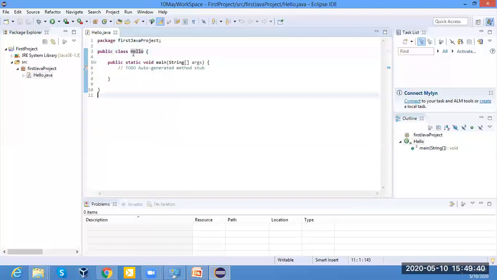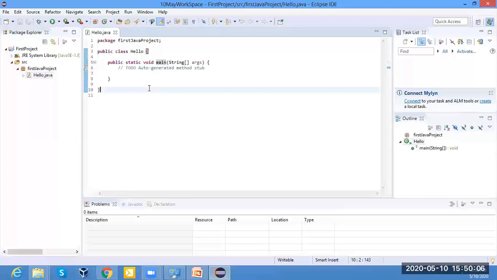I will explain each and everything: what is public here, what is static, what is void. Void is the return type of a function, and main is the function. I will explain all of this when we have the specific sessions of Java. Don't worry about that part. After one or two sessions, we will start. First of all, I will teach you the core Java, and after completing core Java, we will do some Selenium.